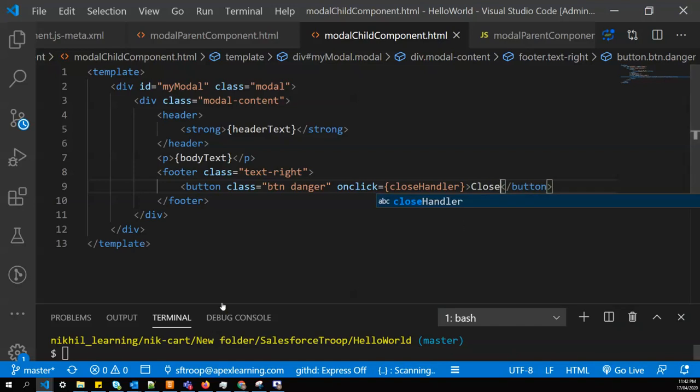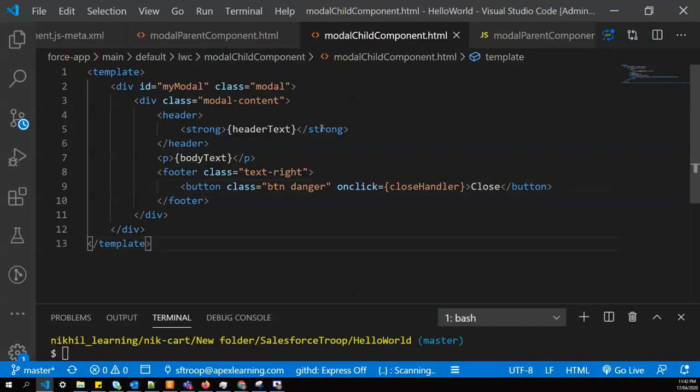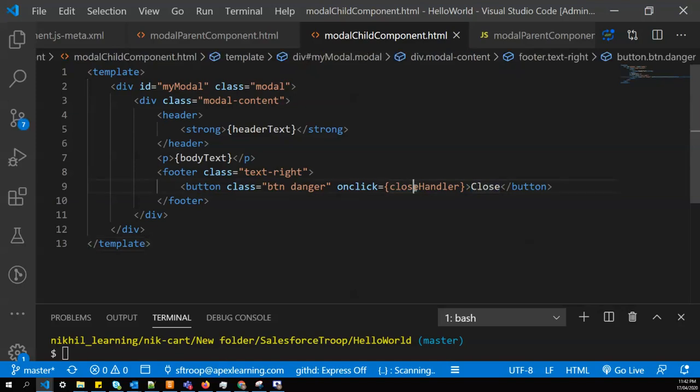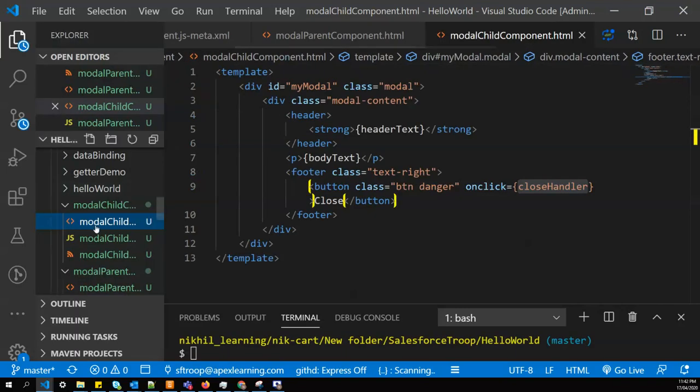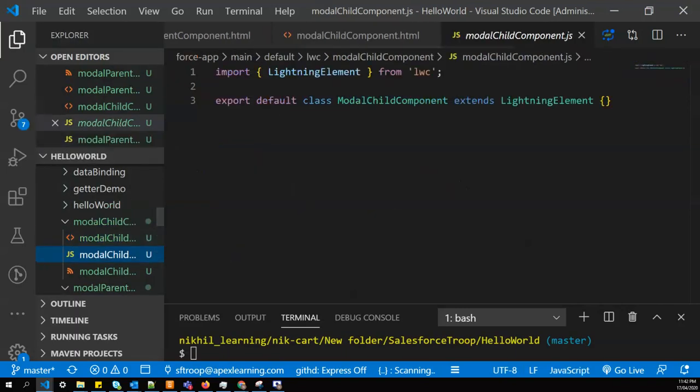So this is the structure of a model in which there will be a header, there will be a body, and there will be a close button. And from this close button we'll call the parent component. So let's go to our JS file.